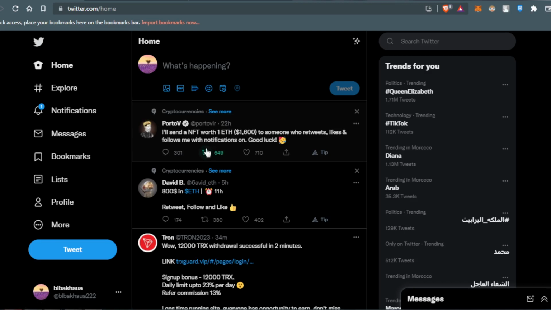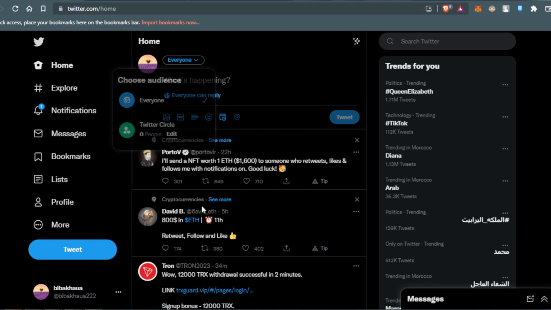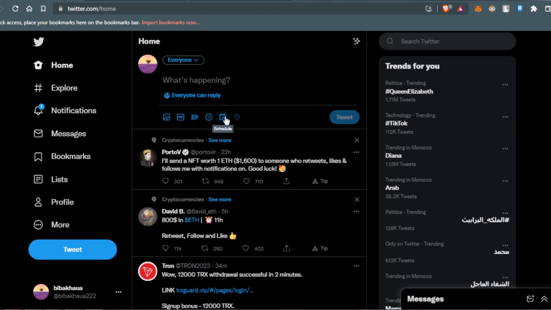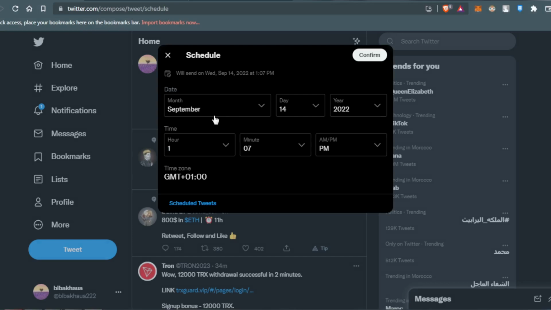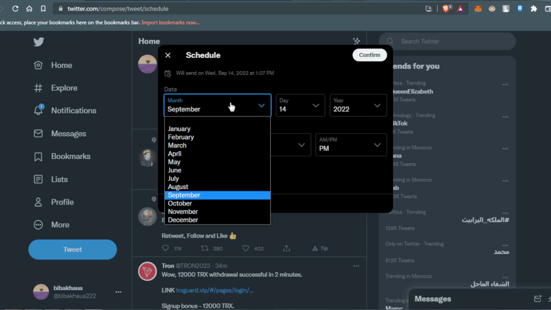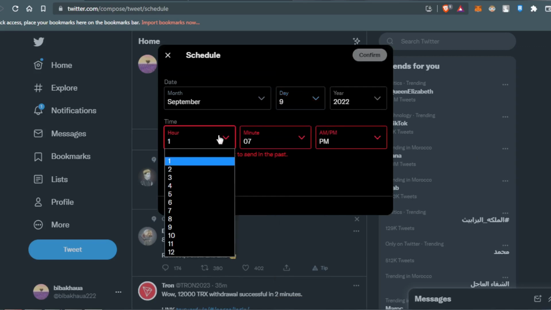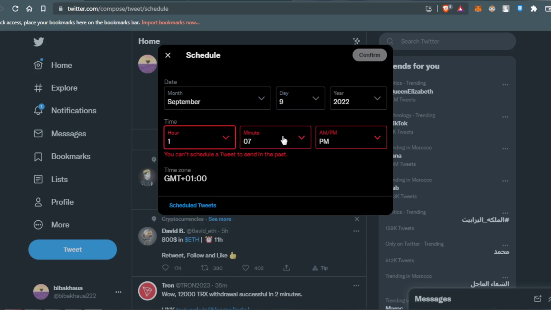So now all we need to do, as you can see here, is put in our tweet. We'll just write maybe "later". And here we have an option called schedule. If we click on that, as you can see here, send on, today is September 9, which is Friday. So let's just do 9. And the time should be like